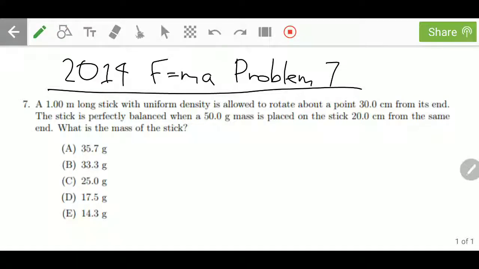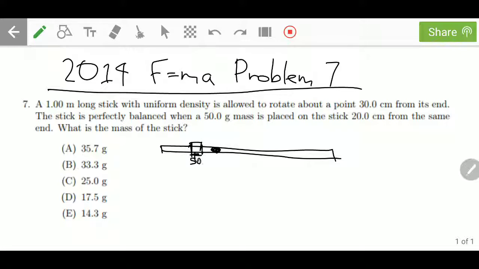Hello. In this video, I'm going to explain problem 7 from the 2014 F equals MA contest. In this problem, we have a 1 meter long stick with uniform density that is allowed to rotate at a point 30 centimeters from its end. And then we are told that the stick is balanced when a 50-gram mass is placed